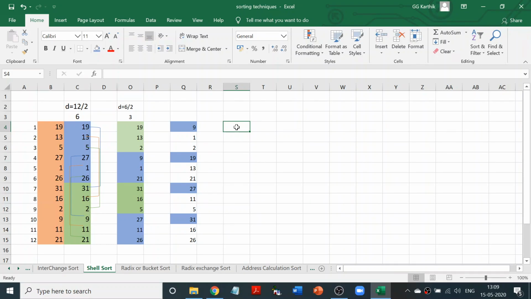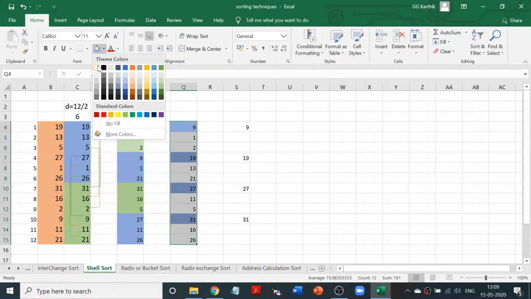All the ones are compared and then only the smallest one is coming to the top of the list and the others follow. So that is already taken care of in this particular thing, right? So it is going to be 19, 27 and 31. Now let us do the same thing to the other cells also. Okay, so we're going to do the same thing to the other cells.